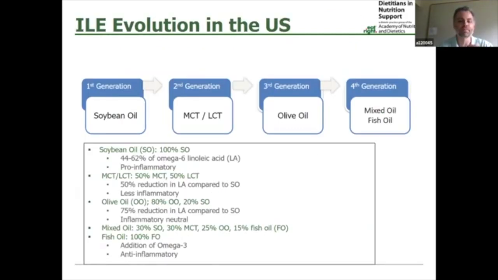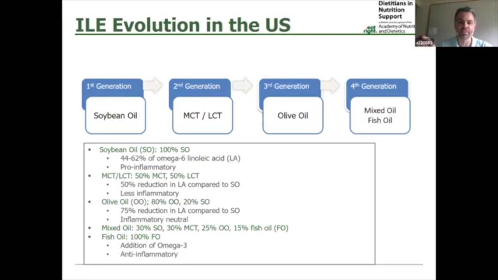This slide just represents all the different types of lipids that are available in the US. As you can tell, there are 4. The first one is 100% soybean based. That is the most common. But then each generation after the first, they add another type of lipid to it, or I guess another type of fatty acid. The second generation, they added a 50% MCT. The third generation added olive oil, and then the fourth generation added fish oil,